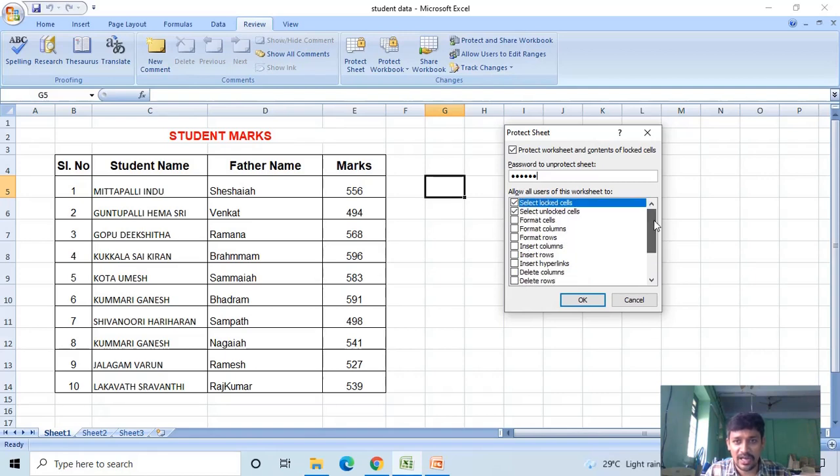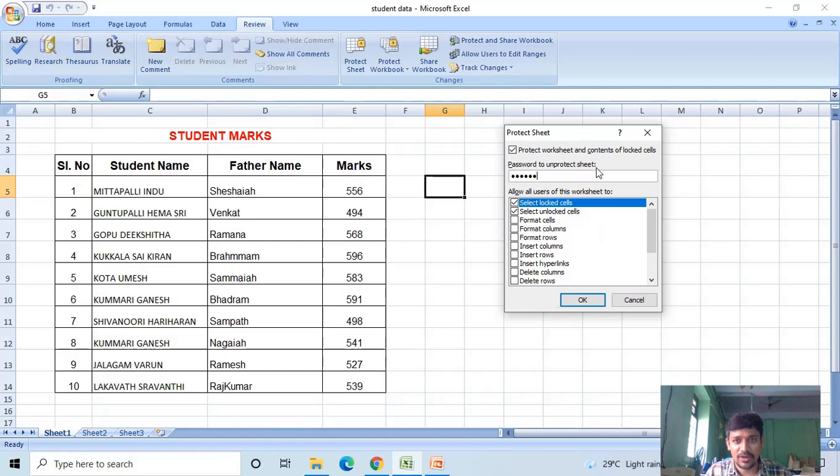I am not allowing anything to be done, I am just allowing select locked cells and select unlocked cells. By default, these two options are enabled for the user.